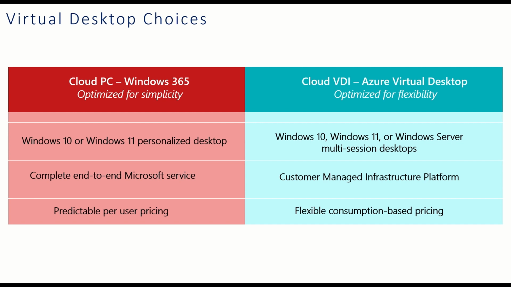It's a complete end-to-end Microsoft service, of which they will manage all the security patching. The configuration is deployed on your behalf through a centralized console, and it's predictable per user pricing. So you'll be able to see the amount of the SKU which you're deploying, and you'll be able to have that analytics and pricing overview behind it